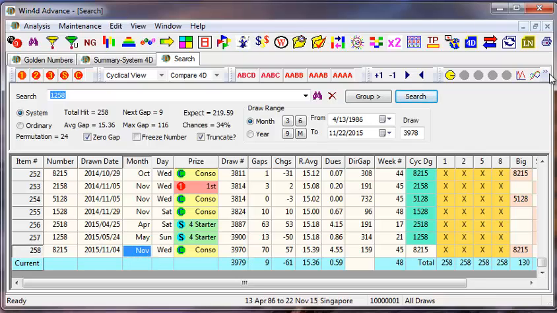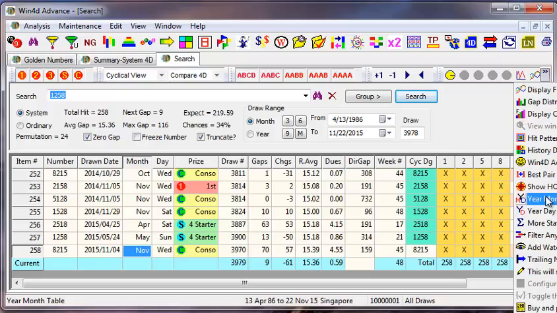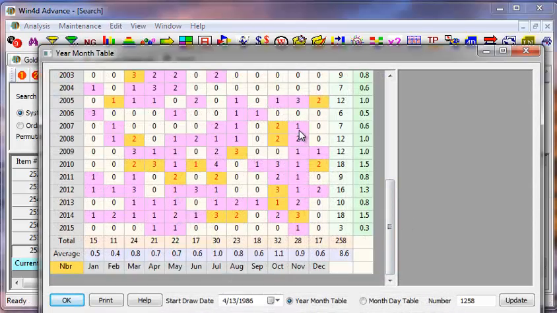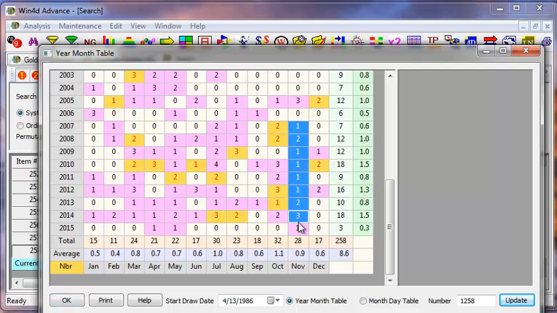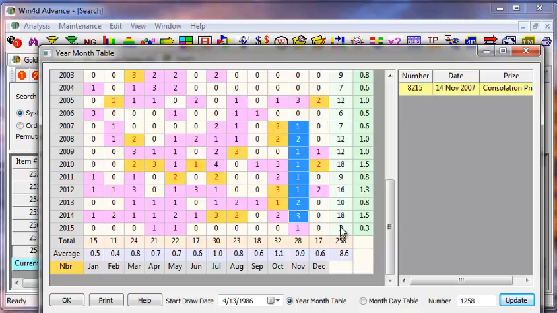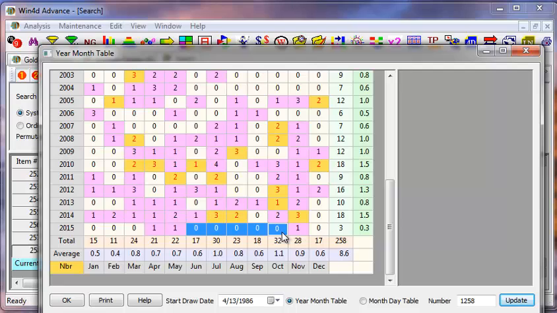Now 1258, as you can see here, the last time it appeared after in the year 2015 May, it actually stopped for a total of 70 draws. Now already gap 9, means already 9 draws since the last appearance on the 4th of November. But what's most important, if you take a look at the year month table itself, you can see that in